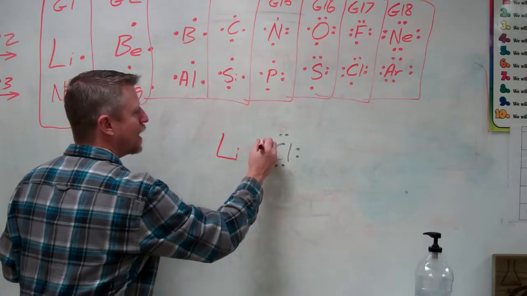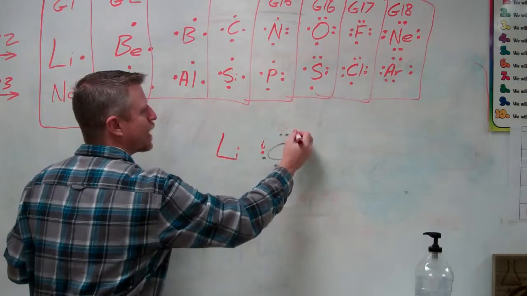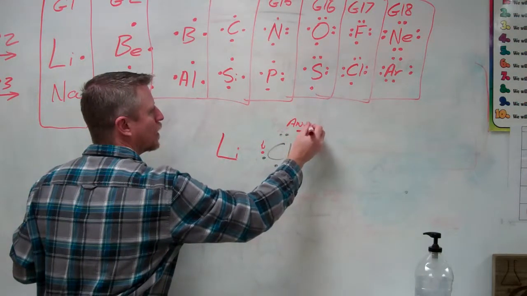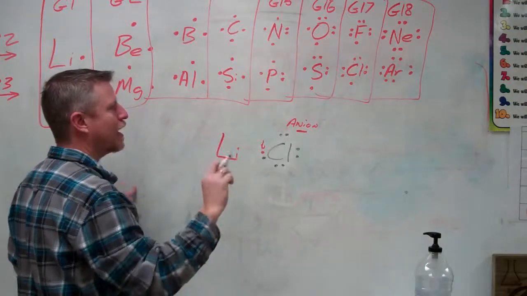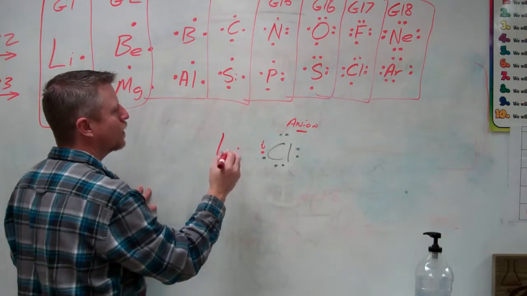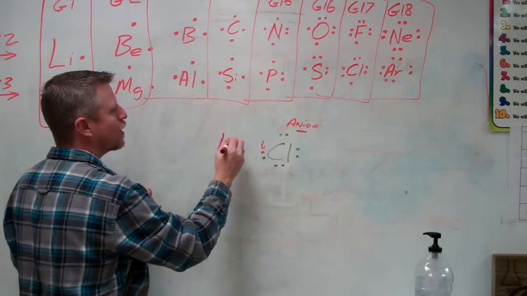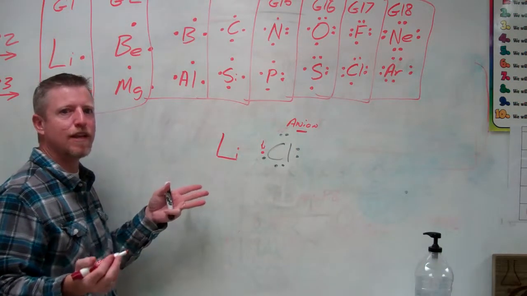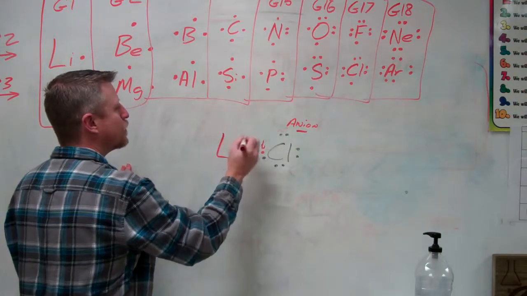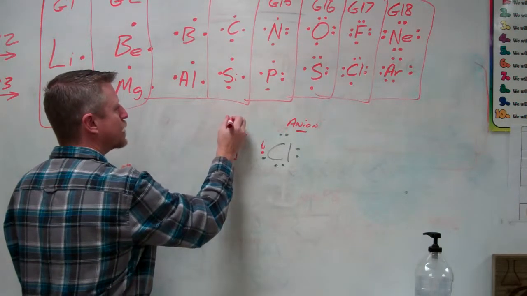This guy becomes happy because he stole his electron. Now because he has an extra electron, he becomes negatively charged. He becomes an anion. I also have a video that talks about ions, which I'll also link at this point, and you guys can check that out if you want to as well. Okay, this guy has lost an electron, but his positive protons remain the same. So he has more protons than electrons now. He becomes positively charged. He becomes a cation.